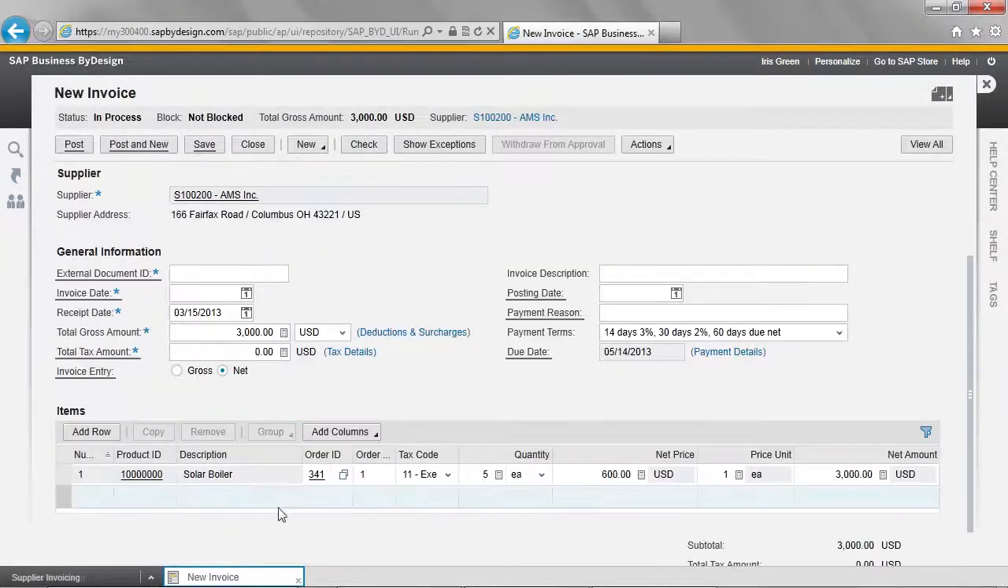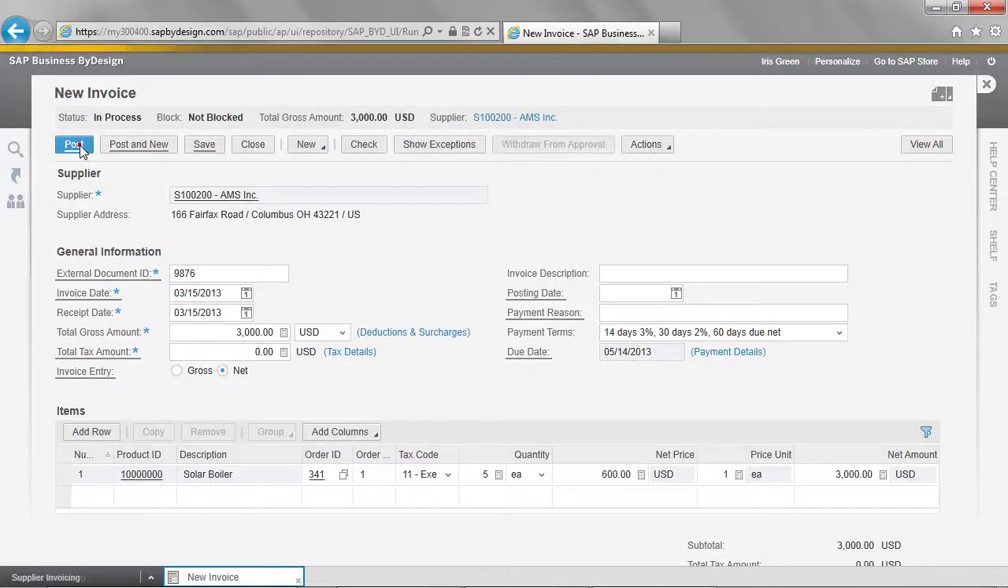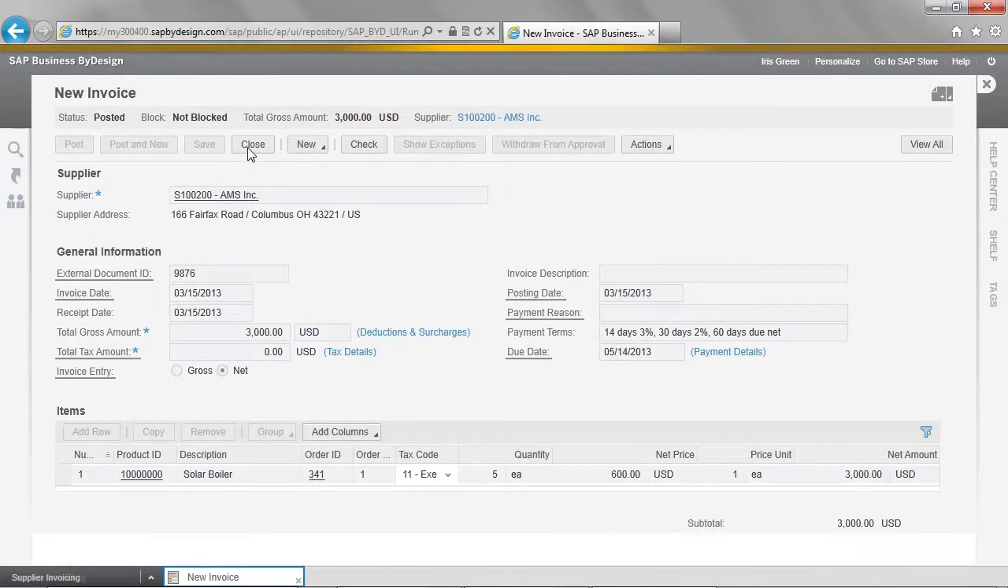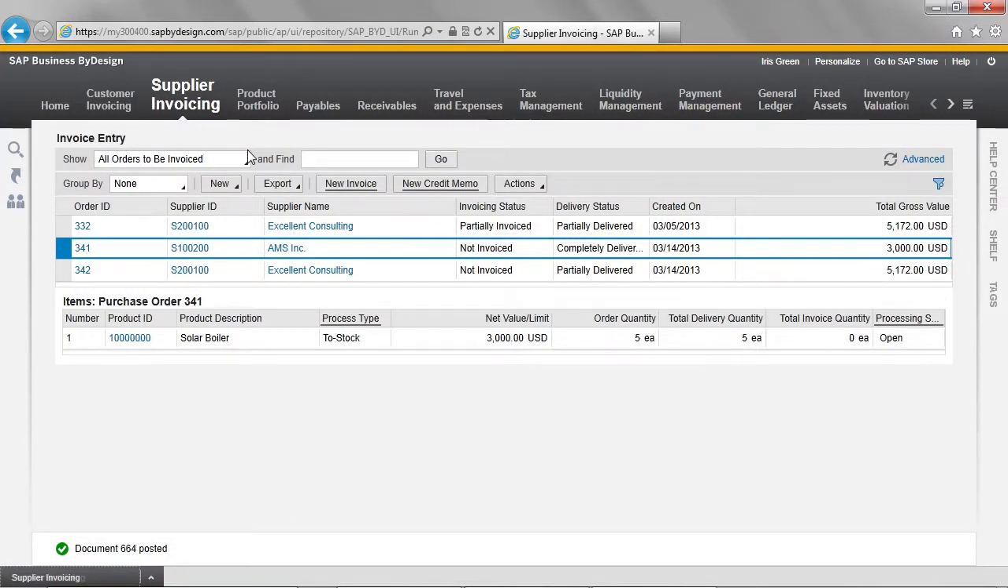This particular invoice was for our solar boiler. So I can enter the details from the document, such as the invoice number and the date. An invoice is related to a purchase order, and we can see the ID of the purchase order here. I need only then click Post to be returned to the main screen. I can now select the next